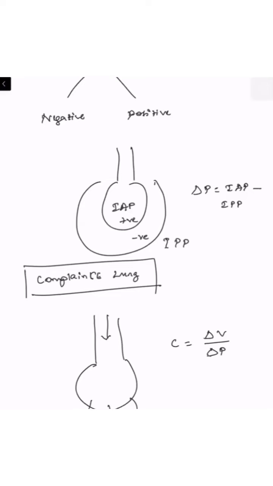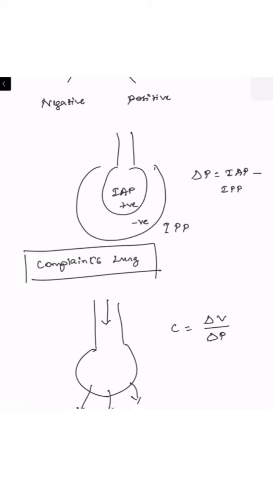Whenever the space is increased, automatically the volume of air present inside the space will be distributed equally through the expanded space. For example, 5 ml of air is present inside the pleural cavity. During inspiration, the pleural cavity is expanding, so the same amount of air has to be distributed over the whole expanded pleural cavity. So automatically the intrapleural pressure will go negative. The intrapleural pressure is most of the time negative, around -5 centimeter of water.